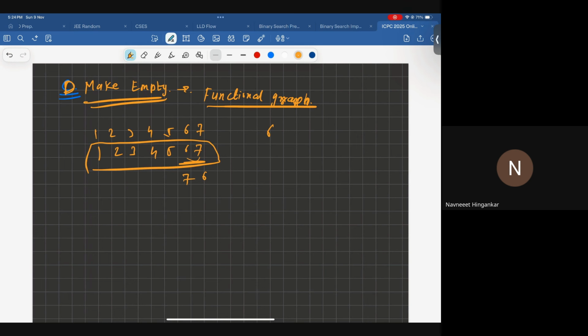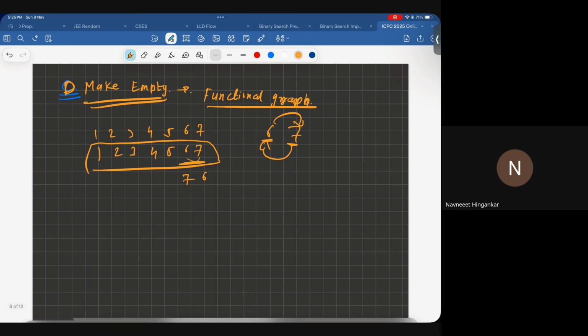6 and 7 are in a cycle basically, and you can see each number has an in-degree of 1 and an out-degree of 1. So a functional graph is something like that, not exactly, but this is a subset of functional graphs. But anyway, the functional graph is not the case here. The point is that this exchange kind of swaps those indexes from their positions, right? Or it is kind of, I don't know how to say it, but